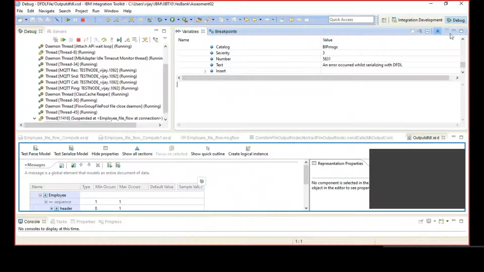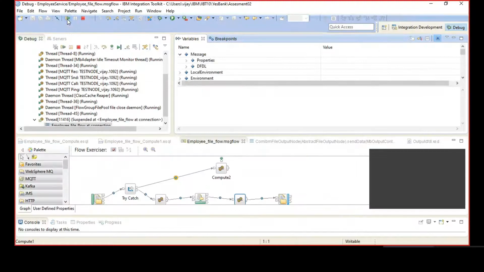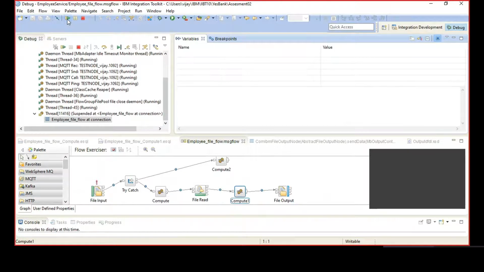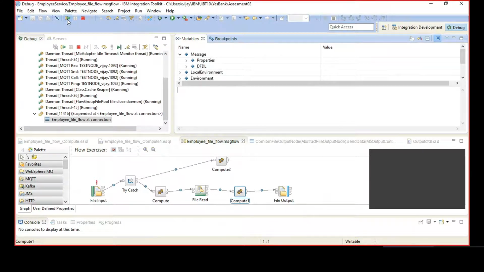Should I close it or terminate? No, when you click on the play button, the green F8, the resume button, the debug will finish as it goes through the next few nodes. Yeah, once more F8, once more.